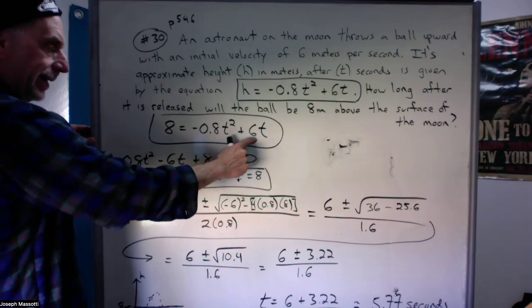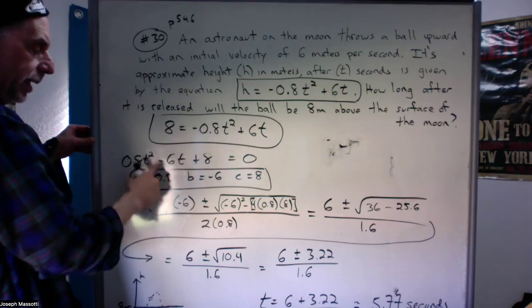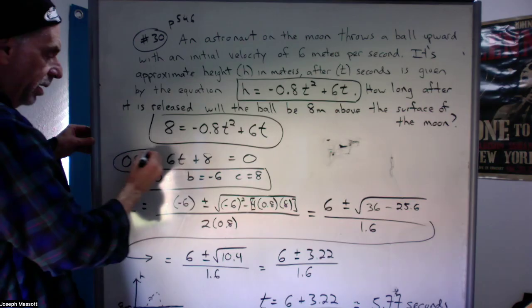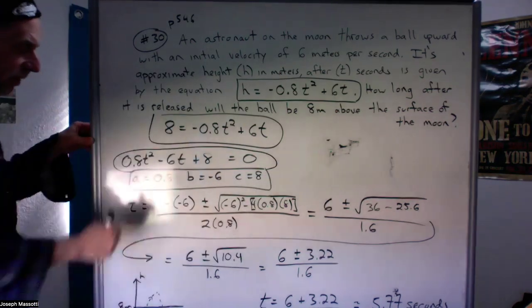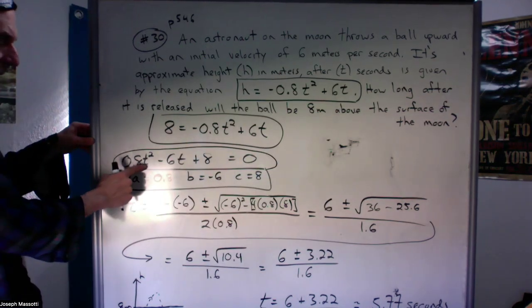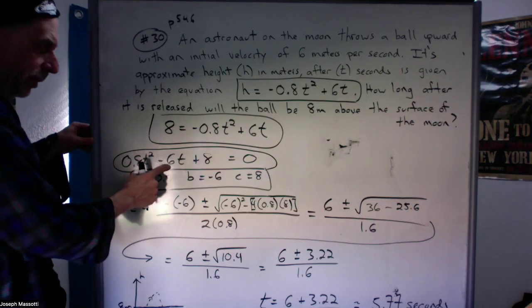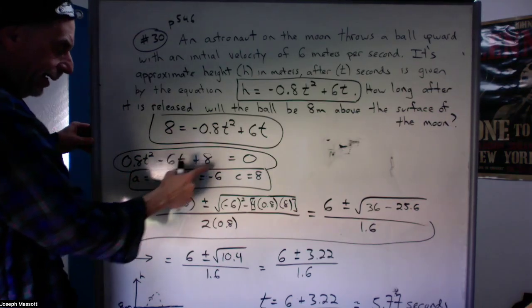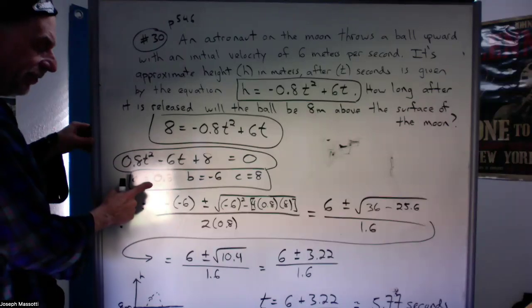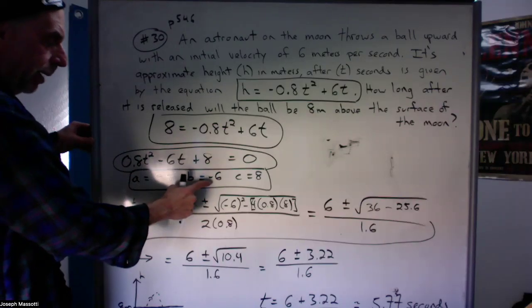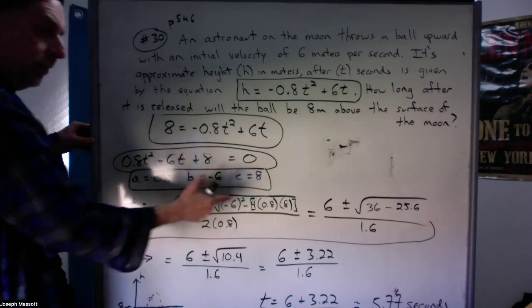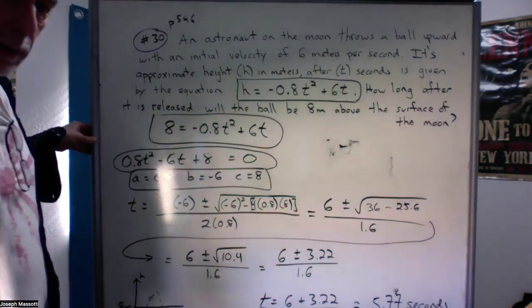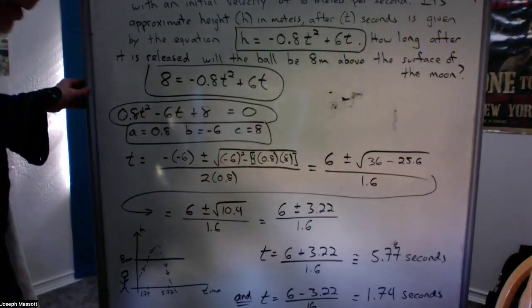And I subtracted 6t from both sides. Now I have the form of the equation that I want, right? A t squared minus b t plus c. So I identify my A, my B, and my C, and I go on my merry way,